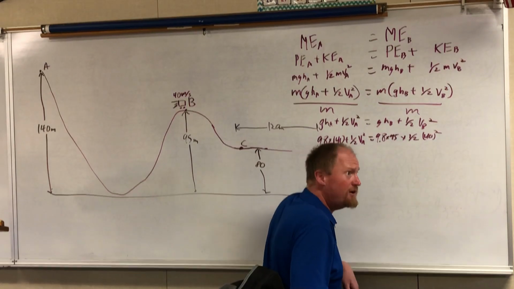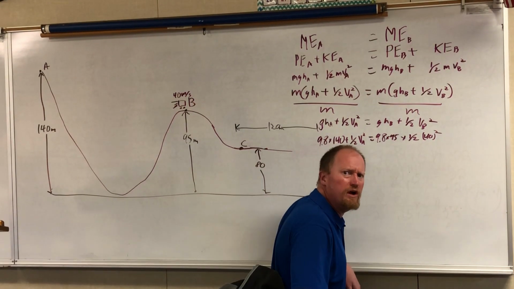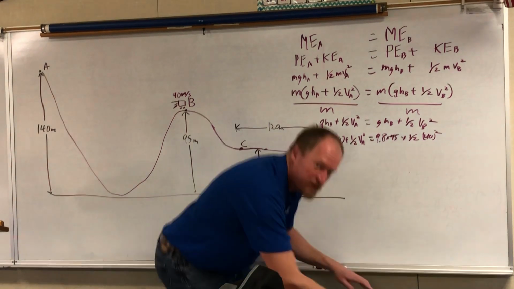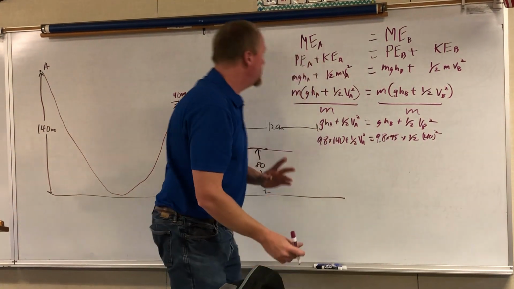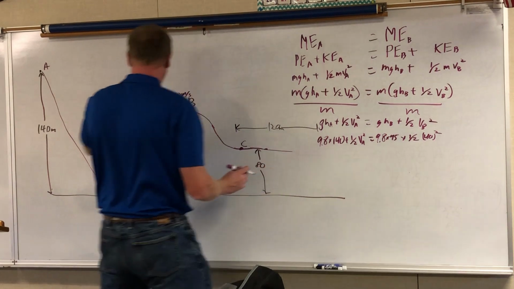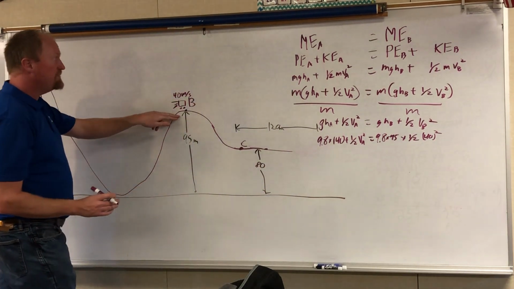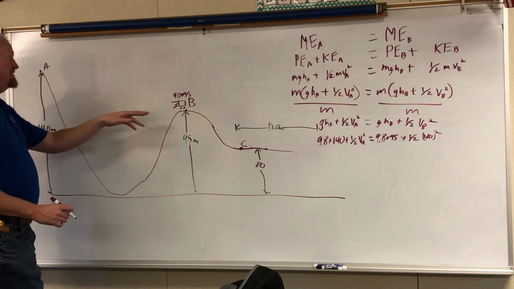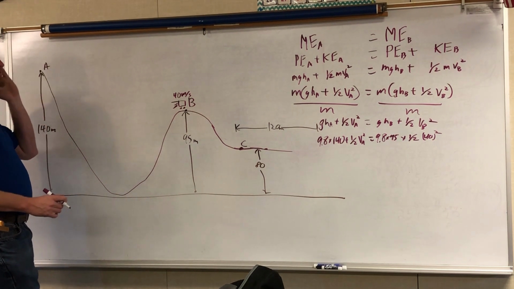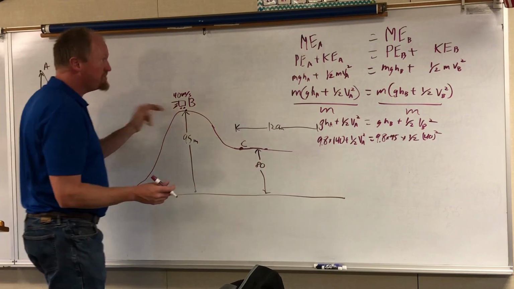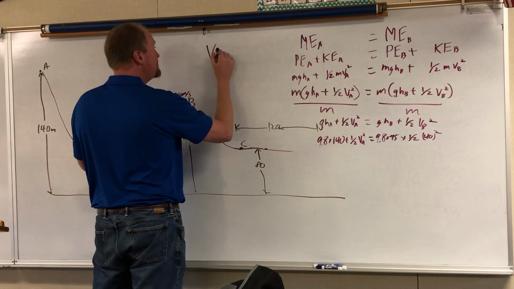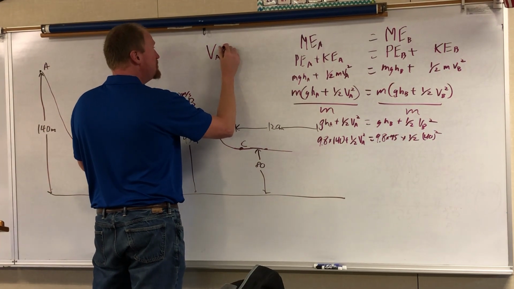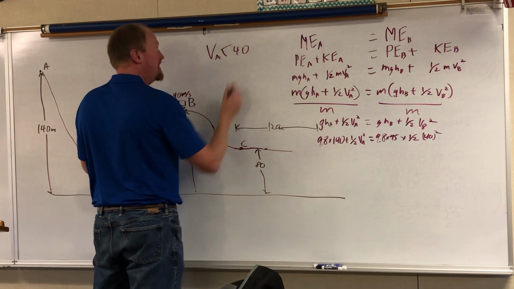Now, by the way, what if I get it wrong? Mr. Merrill, what if I get it wrong? Don't worry. Well, do worry. Don't not worry. But what can we tell you? It's going 40 meters per second here. Up here it's higher. So where is it going to be faster? Lower? Or is it going to be faster when it started up high? Well, it's faster down here. So whenever you find v A, you can be sure that it's going to be less than 40.